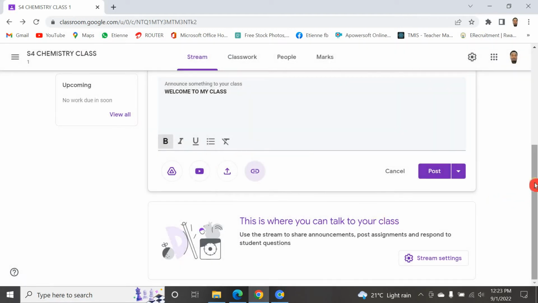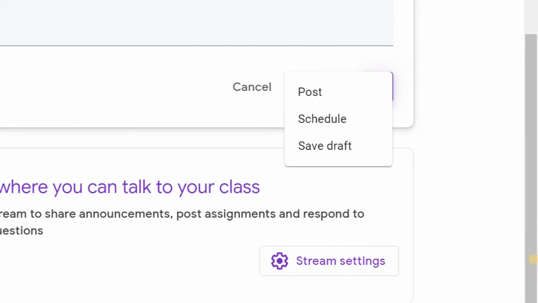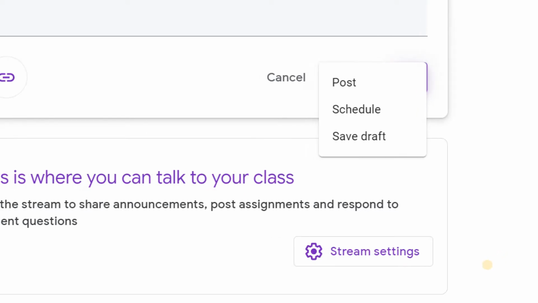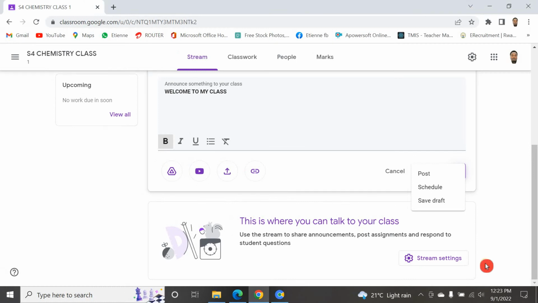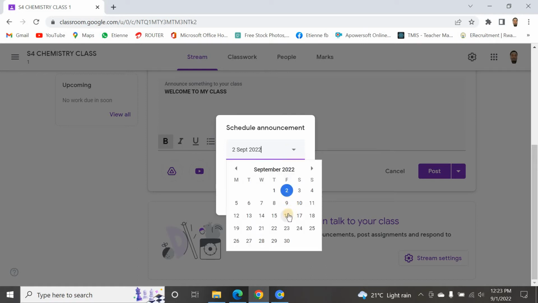And on the post button, you can see there is an arrow. Once you click on this arrow, you can post, you can schedule, and you can save it as a draft. You choose what to do with the post. Once you click on post, it is posted immediately. Once you click on schedule, you can choose the time when you want to post this. You can select a date